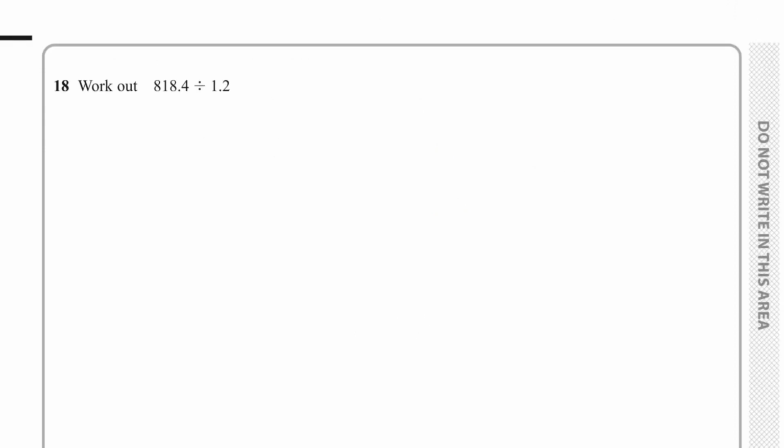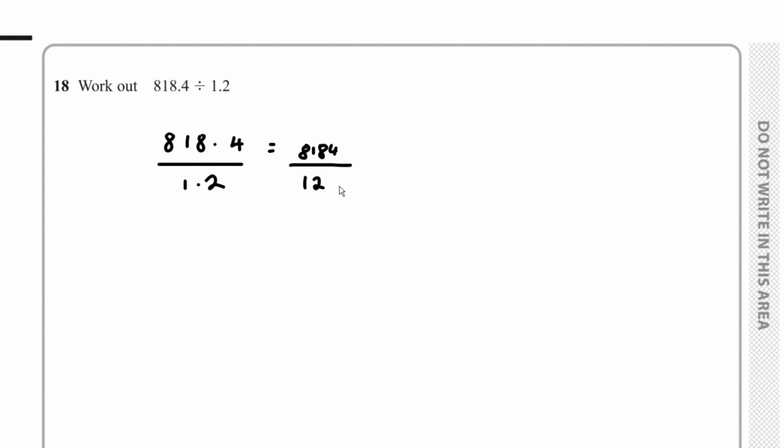Question number 18. Work out 818.4 divided by 1.2. So we've got 818.4 divided by 1.2. If I multiply the top and bottom by 10, we get 8184 divided by 12. Now, if I divide the top and bottom by 2,